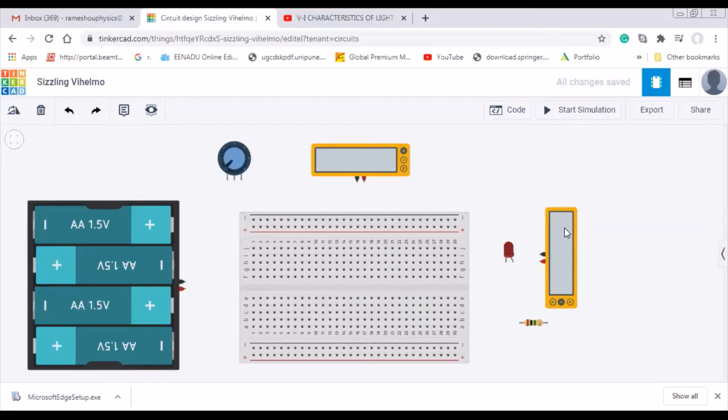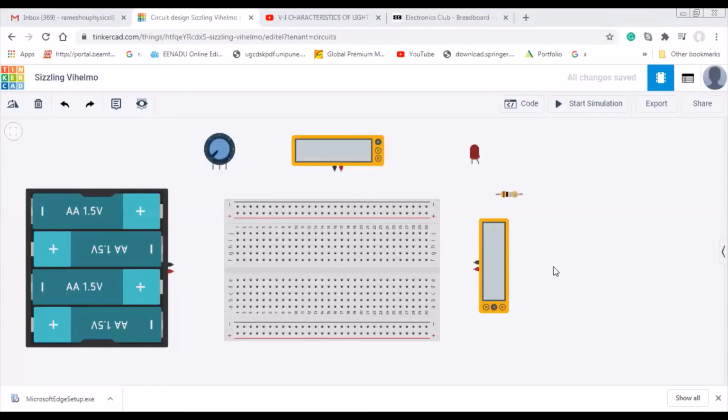So this is another multimeter, but it is used for the measurement of the voltage. Here A blinking means that this is going to be used for the measurement of the current, and the other is going to be used for the voltage. And we have taken the LED, the resistor and the battery combination. We have taken the 1.5 volt battery, four of them. That means the total voltage is a 6 volt battery. And a potentiometer is used to vary the voltage.